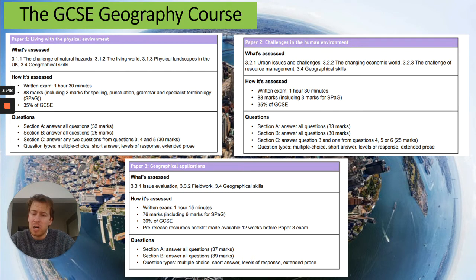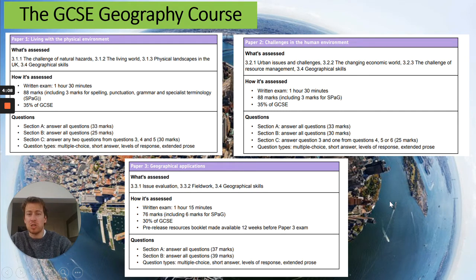But they'll have time to study that with us in class, and then they'll have to use the knowledge that they've learned from the other 2 papers, be synoptic in order to answer some decision-making questions based on that case study. The latter part of that paper is also made up of the geographical skills and field work, and there'll